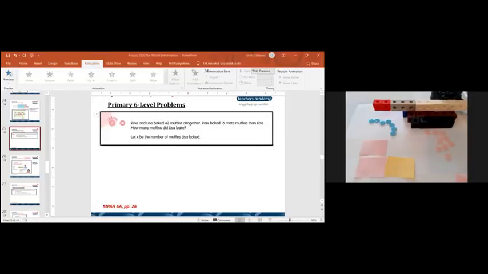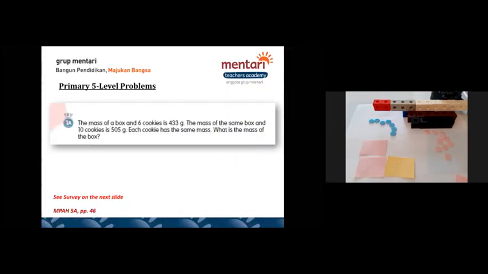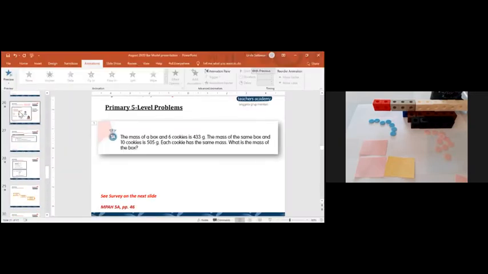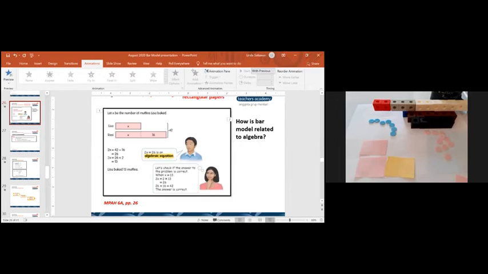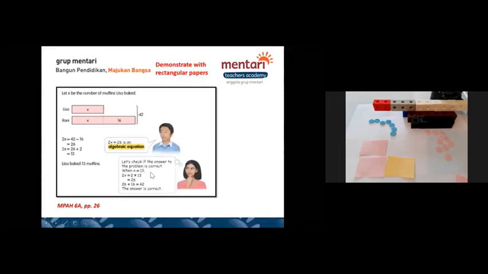So in grade 6, this is where you will see the connection between the model and algebra. Those were the rectangular papers that I was showing you earlier. But as you can see, when students are in grade 6, they are starting to get a formal introduction to algebra, even though the algebraic thinking itself can already be built since grade 2. But in grade 6, it's really when they are getting introduced to, hey, if you do not know some quantities,